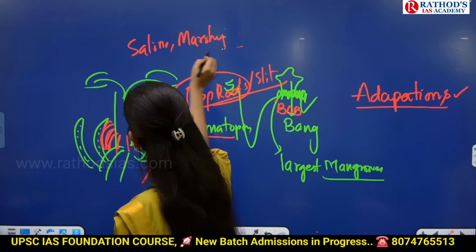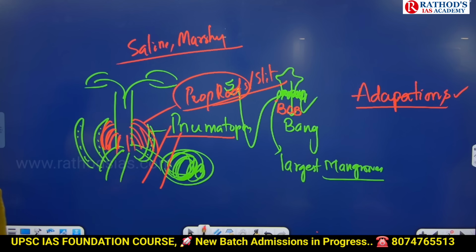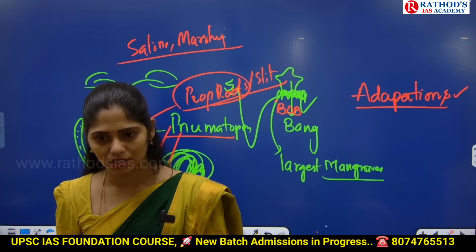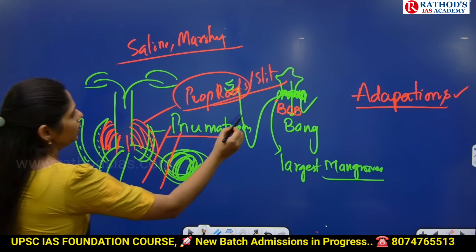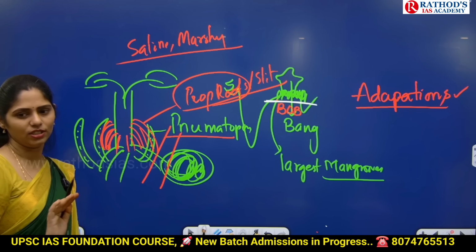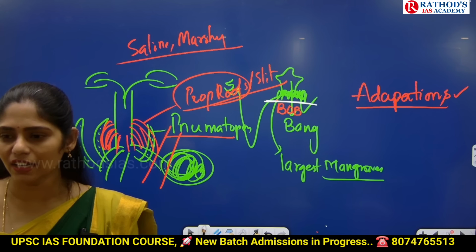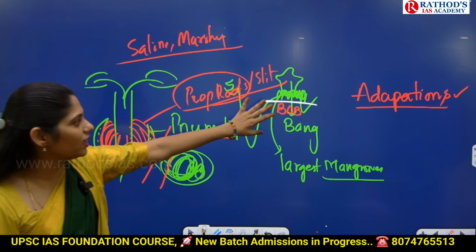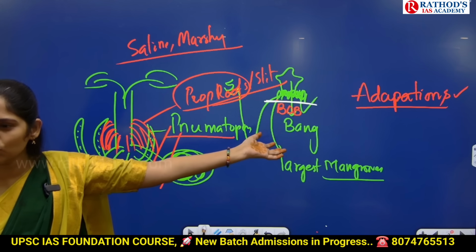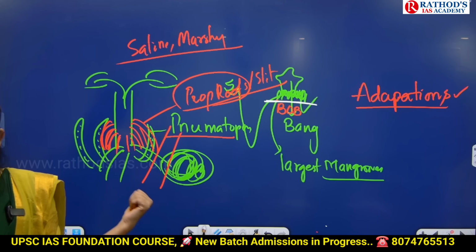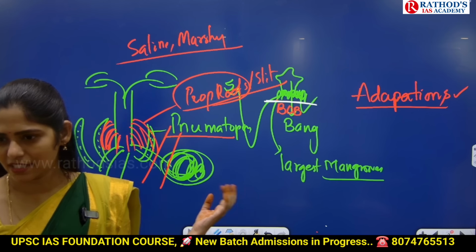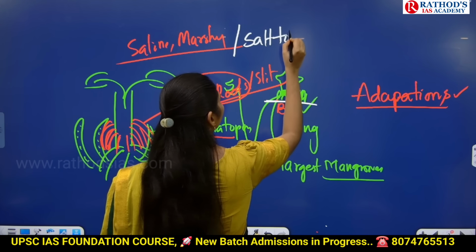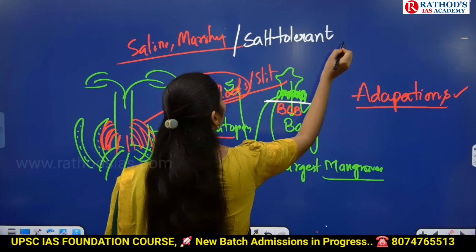And I want to tell one more interesting fact here, which is going to happen in future. The major thing here is they are present at an intertidal location. That means they are present in saline water. Our ocean water, sea water, is saline water, right? And they are located in this salt water only. So those plants are called saline plants. That means they are salt tolerant plants.